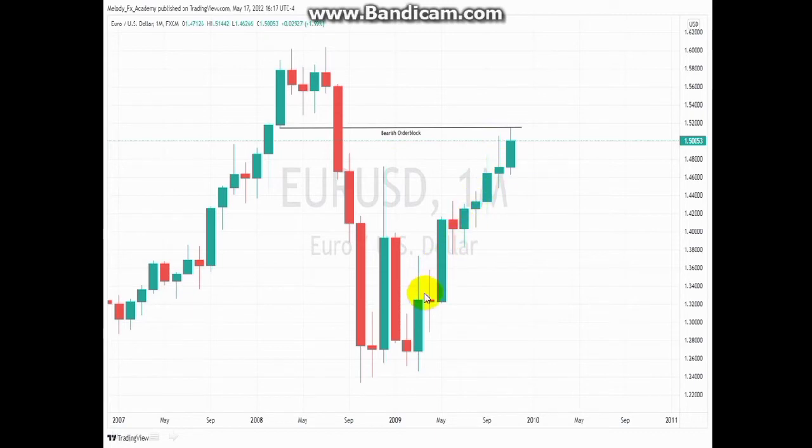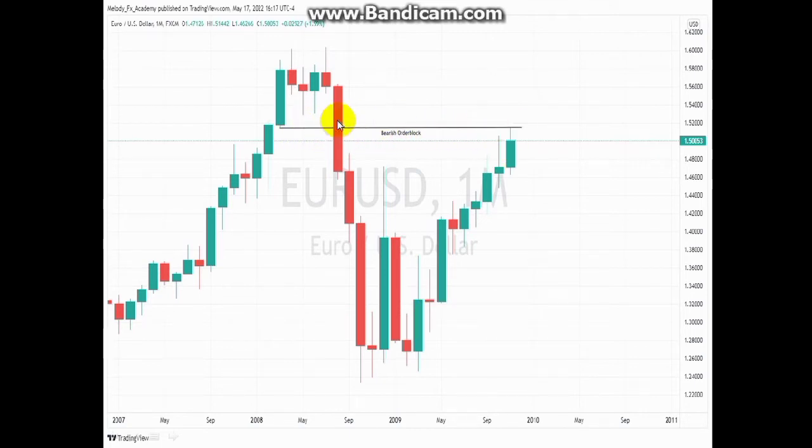The monthly time frame is so important, and it's so important in a way that if applied properly, it can offer you explosive moves. Just imagine, with just a single setup, right, we were able to go bullish for a whole 9 months until we got to our bearish order block.